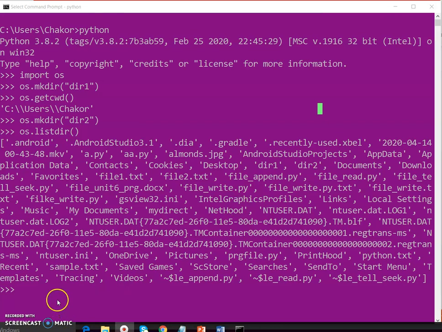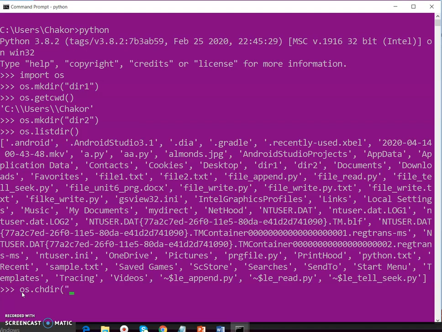Now if you want to change the directory, then there is the chdir method, os.chdir, change directory. It will change the directory.